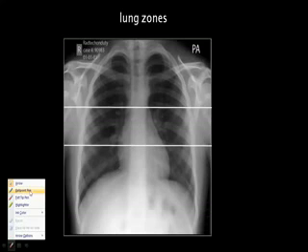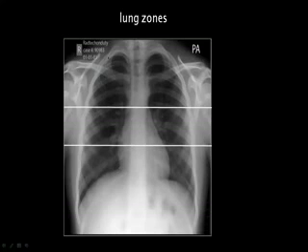This is how we tell the zones: from the first rib, second rib, up to the anterior end of the second rib, is the upper zone. Then below the second rib, third rib, up to the fourth rib, is the mid zone. And below the anterior end of the fourth rib, whatever is seen is the lower zone. So this is the upper zone, this is the mid zone, this is the lower zone. It's based on ribs. This is the second rib here, this is the fourth rib here. This is not because structures exist there; it has been divided just for visual purposes.